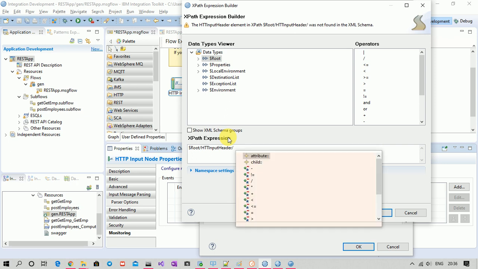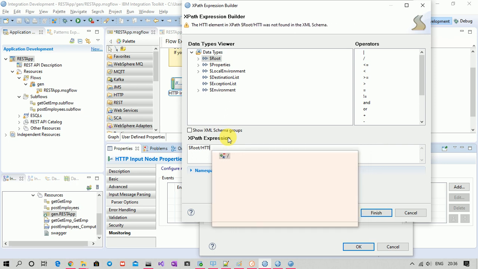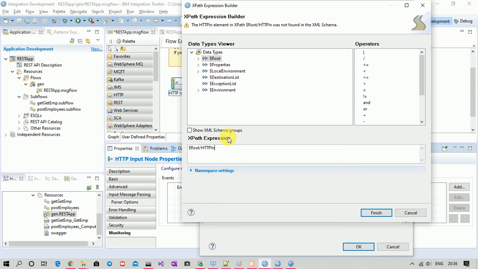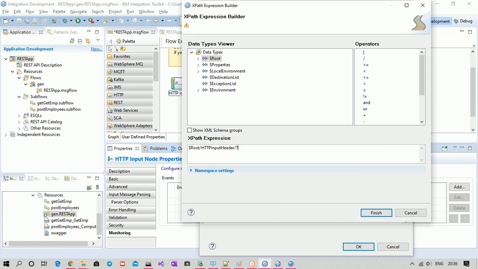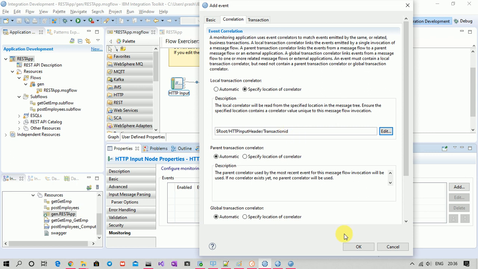Suppose the transaction ID is coming there. So we can also choose that. Now click OK.